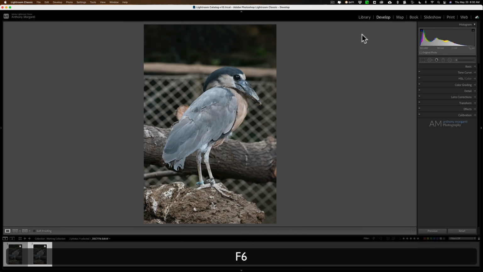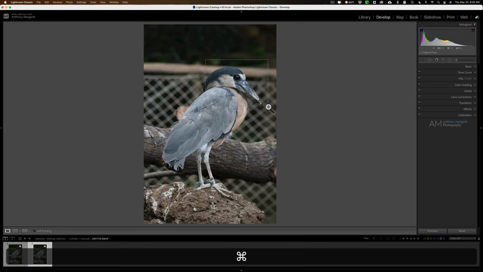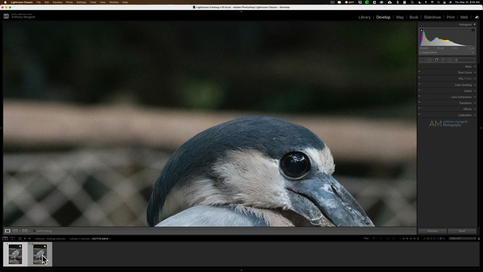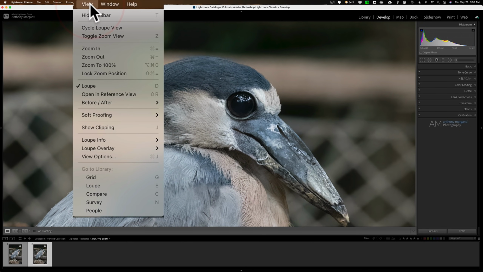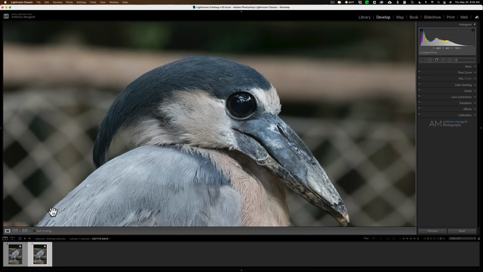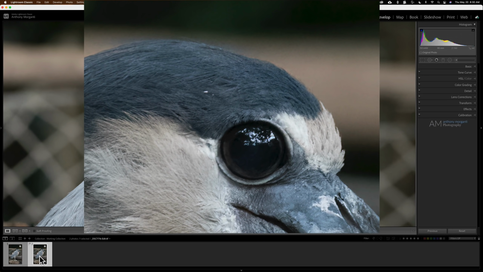And I'll bring up the film strip. I'll hit the F6 key on my keyboard, and we'll zoom in. I'm going to hold the command key in and draw on this bird's head so we're zoomed in. So there is our noise reduced image, and there is our noisy image. Now I probably should go up to view and then down to lock zoom position, because Lightroom annoys me that it doesn't lock the zoom position automatically. And then we'll go back to the original image, and there is the noise reduced image, original image, noise reduced image, and one more time, original image,